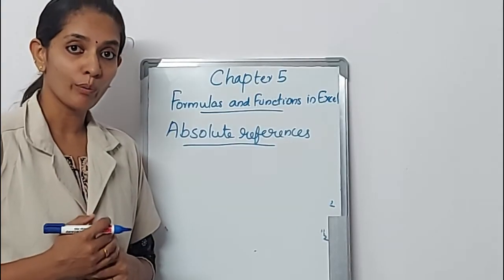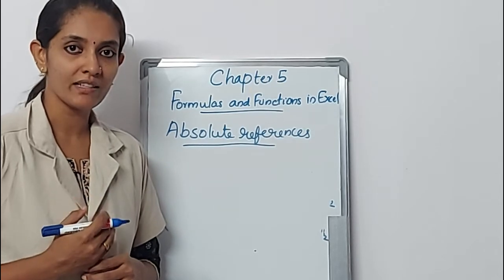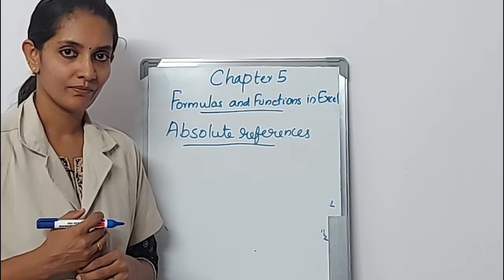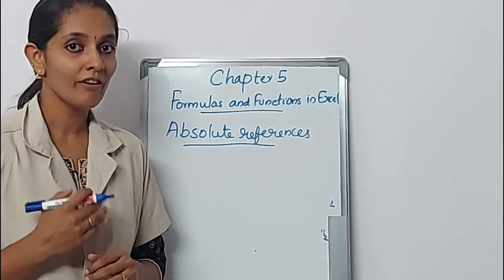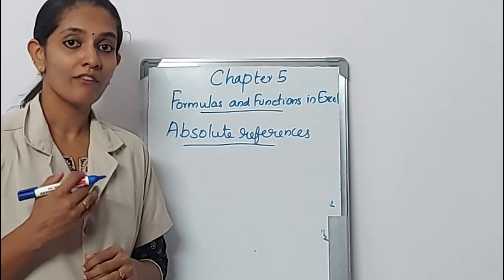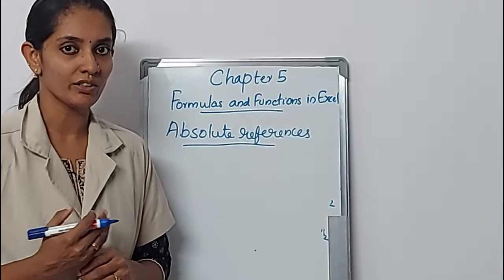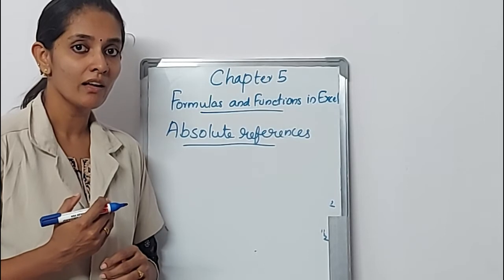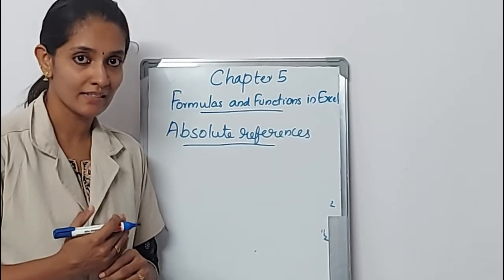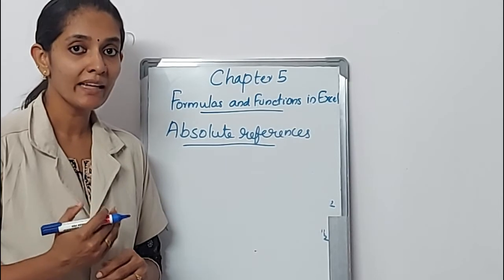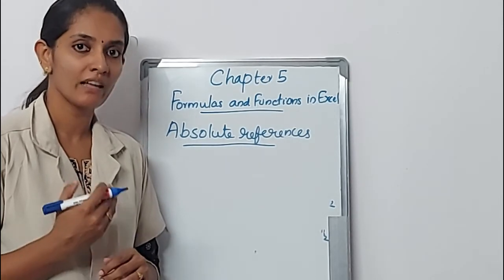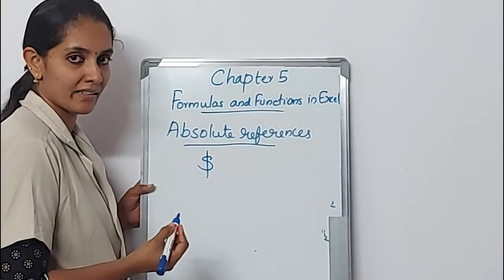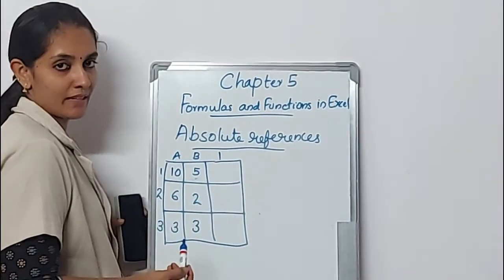If you want to make a formula retain its original references when it is copied, then we can use absolute references. In relative references, when we copy the formula, the value in the referenced cell will be changed. But in the case of absolute references, when we copy the formula to other cells, the value of the referenced cell remains constant. For making a cell an absolute reference, we can use a dollar symbol before the cell address. This is an example for absolute reference.